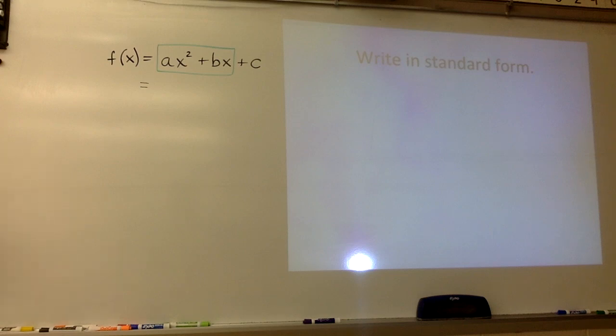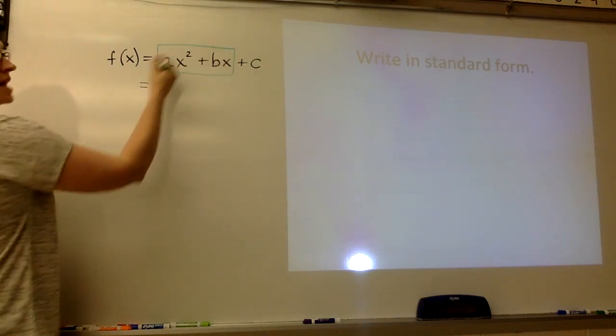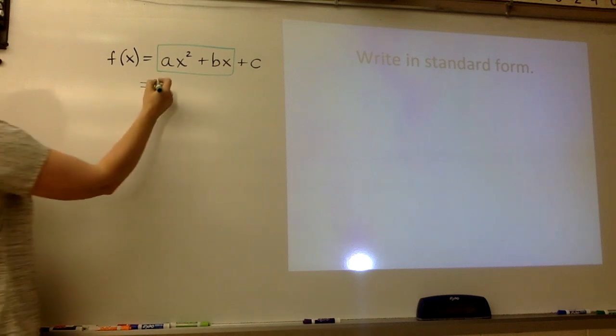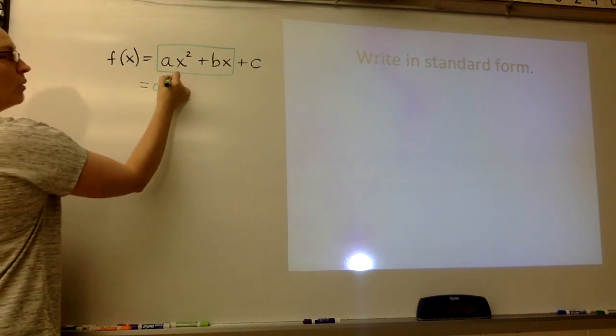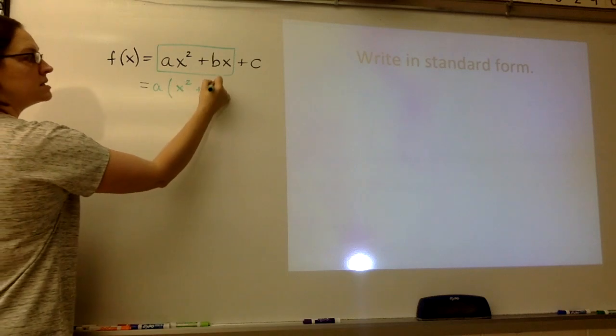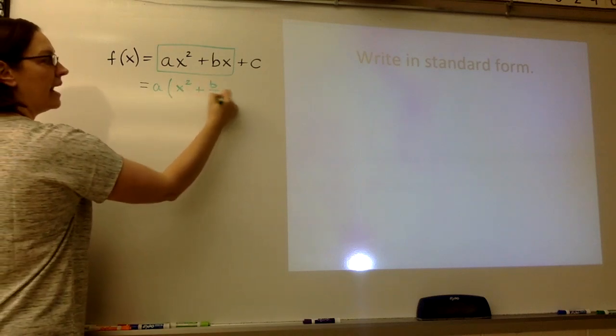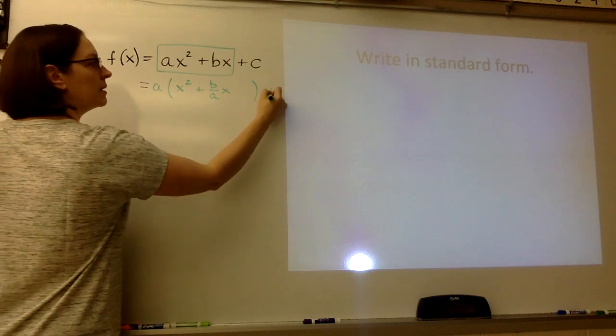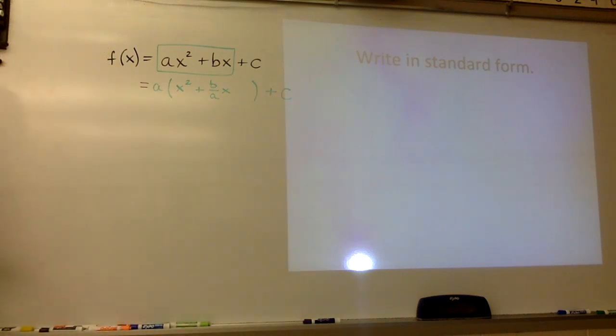Well, we're actually going to just take a out first. So notice I boxed these 2 terms together. I'm going to take an a out, which is then going to leave me with x squared plus b divided by a, x, plus c. You know that when you GCF, you actually divide out. It doesn't go away, it becomes the GCF out front. So, in a very broad sense,